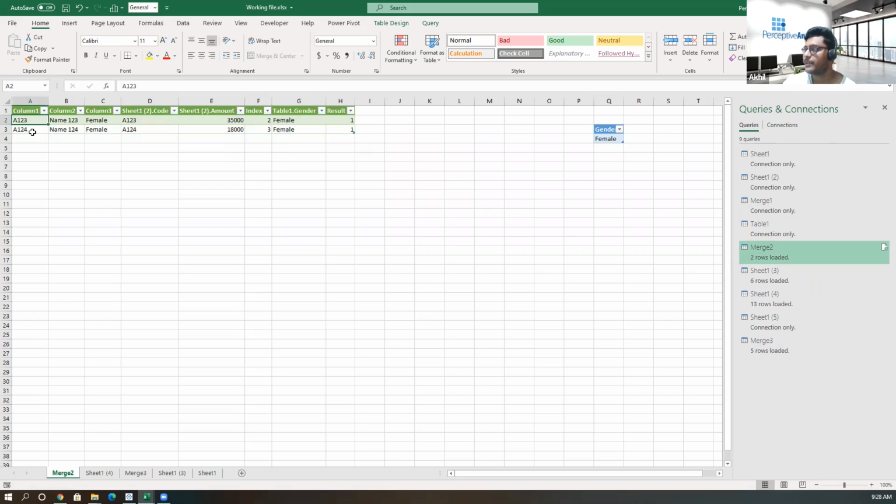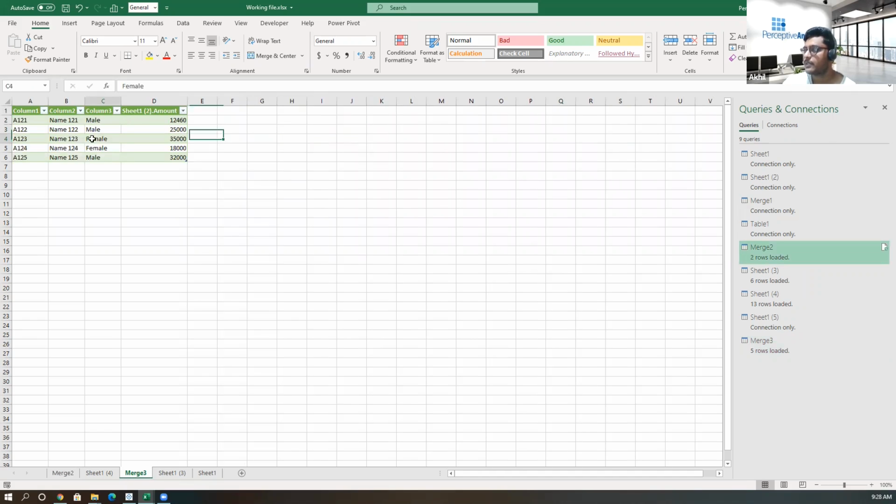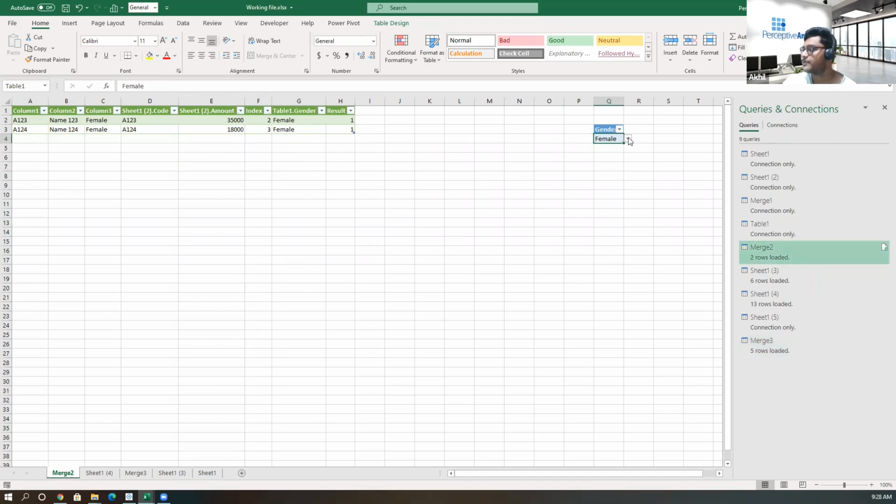You can see A123 and 124 are the females. When you select male and refresh that query, we're going to have those male records. This is something I planned to take today itself, but